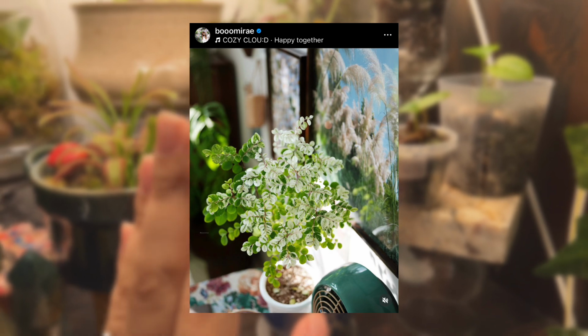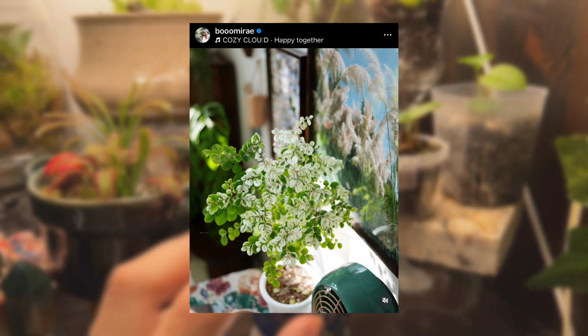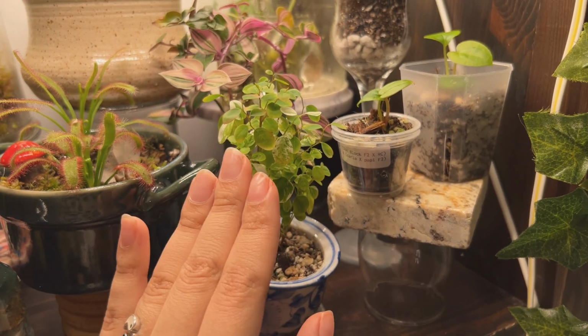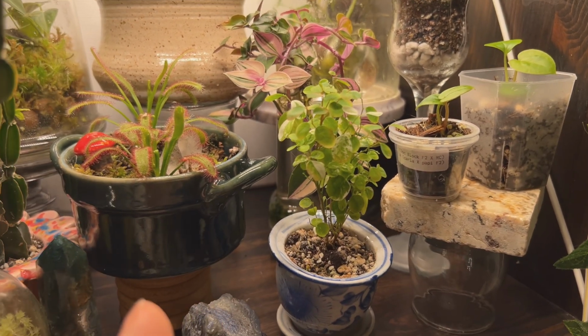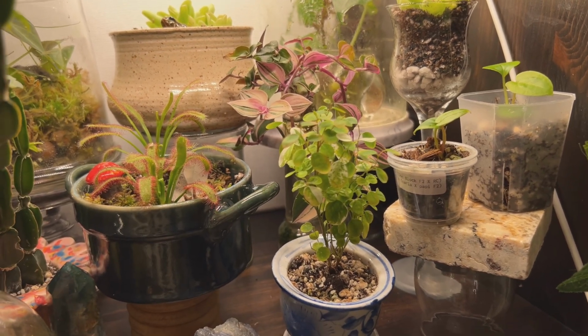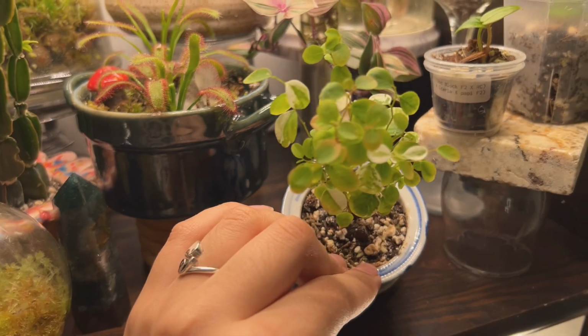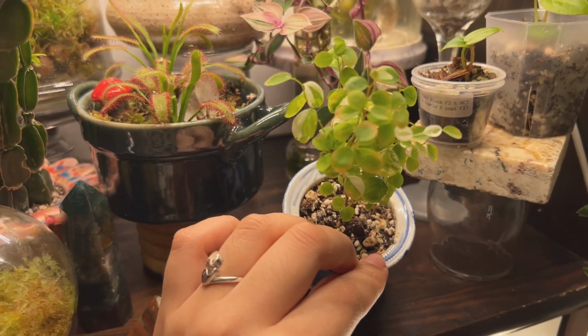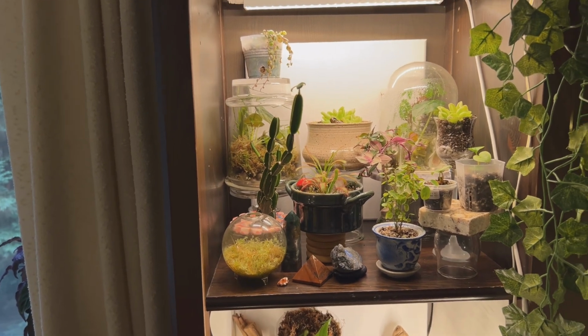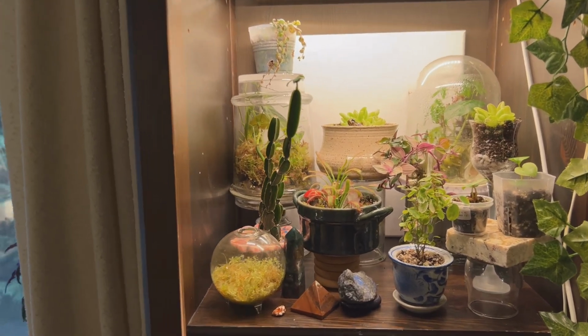Her picture aesthetic and just like filter, I guess, that she uses is really nice. I'm excited to see this grow up because I know that when they get bigger, at least with hers, I've definitely noticed they get red stems, and it's such an accent to the leaf. Their whole growth pattern changes when they get bigger. But yeah, that is the top shelf right now, and honestly, this top shelf, I feel like I haven't really